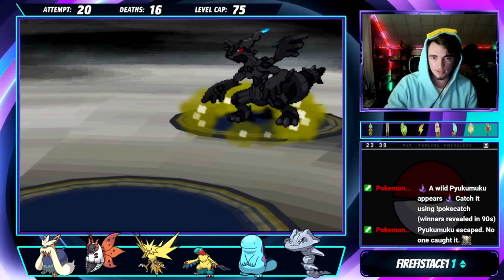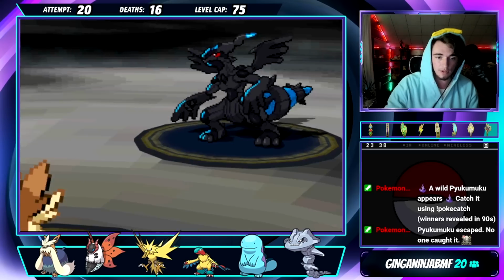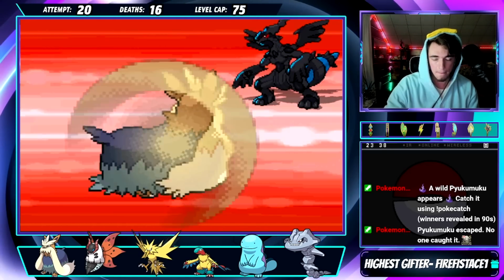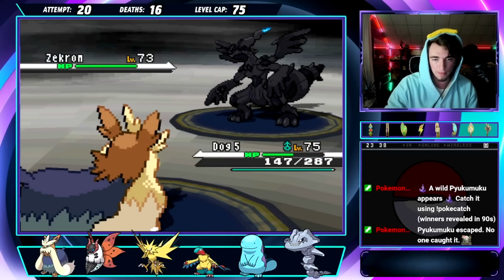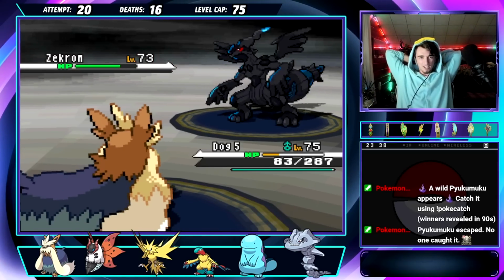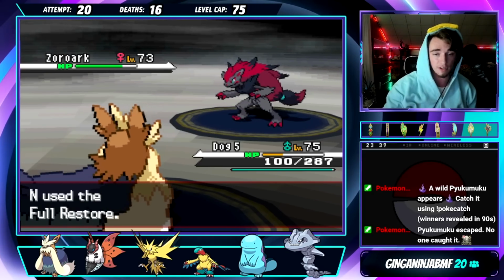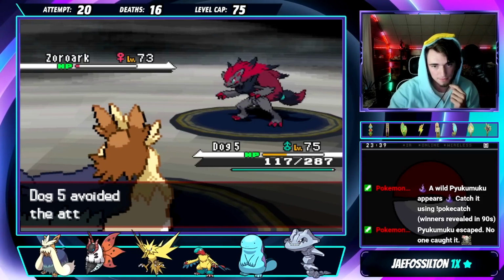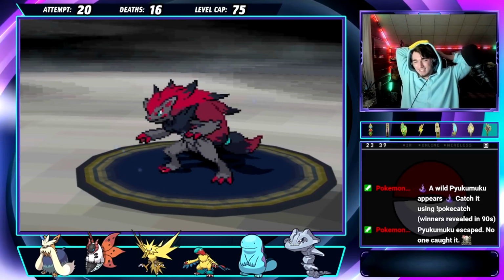In order to get the momentum I need for the rest of the fight, I'm gonna need someone like Vester on the field, and she'll need to get there safely. Dog 5 stays in to fire off a return, if nothing else, and when the Zoroark goes for Focus Blast, he tanks it like a champ. From there, return almost gets the kill, but this is actually perfect because now we're able to drain out all of N's healing. After that, Dog 5 actually dodges Zoroark's next Focus Blast and is safe to get the kill,